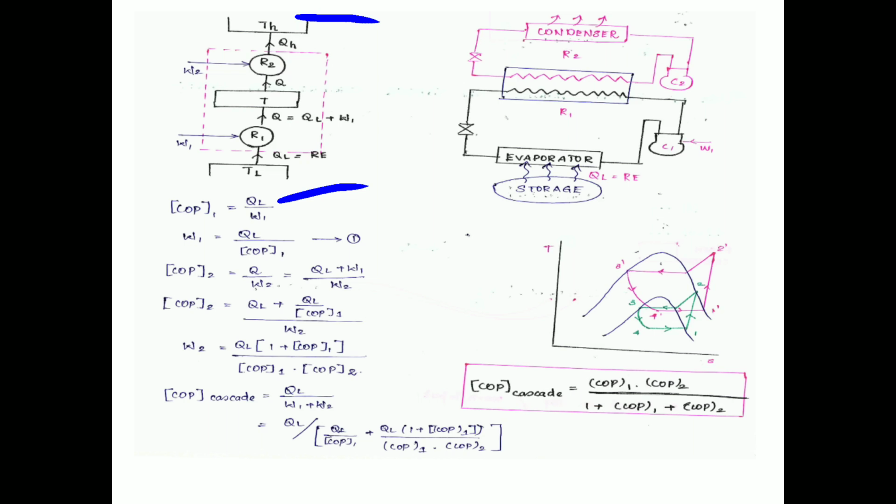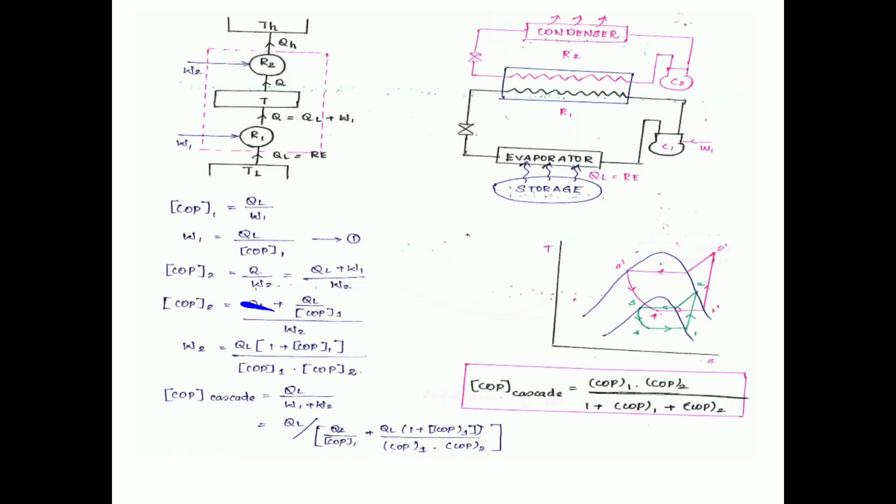So COP of first system is equal to QL divided by W1, so W1 is equal to QL divided by COP of 1. And then COP of 2 is equal to Q divided by W2,